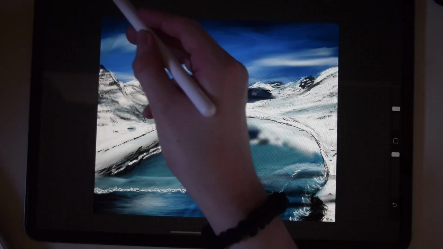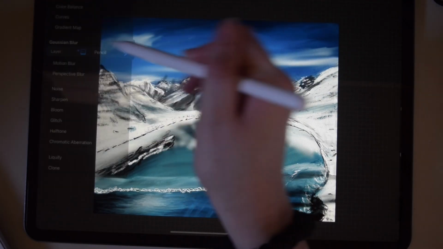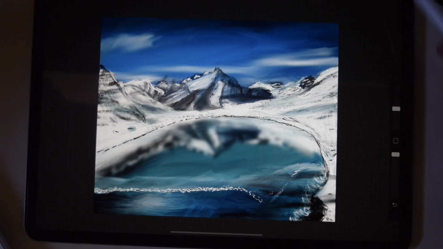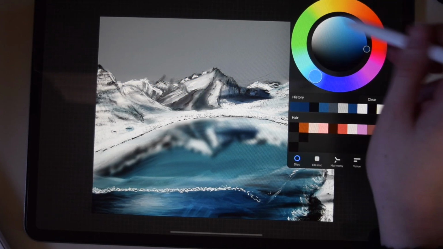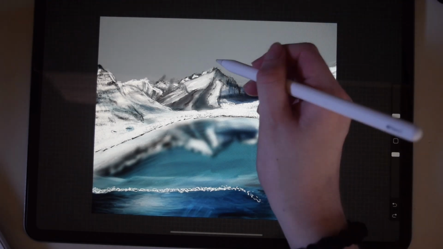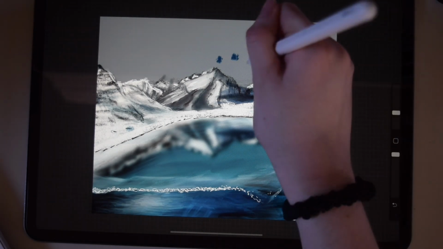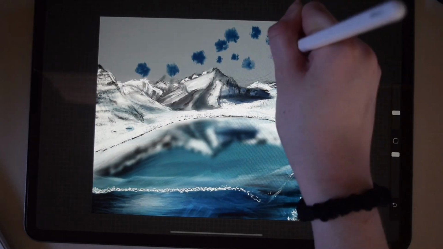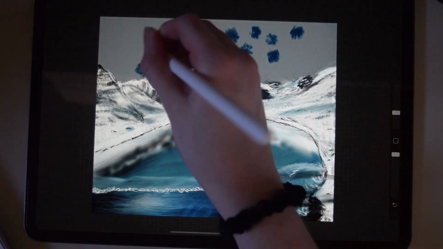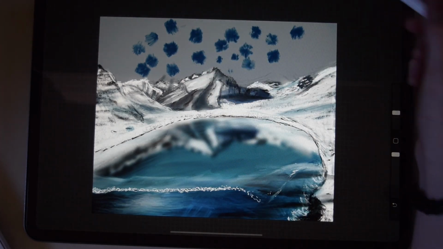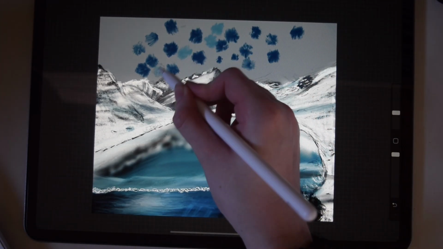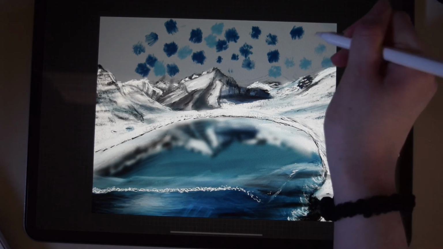Now I am going on to the sky. I just didn't like how it was turning out. The background of the sky was not how I liked it. In the reference that I was using, it was a lot lighter blue, like a gray blue, but I couldn't get that color. So instead of doing that, I just did what I do best, which is a starry night.